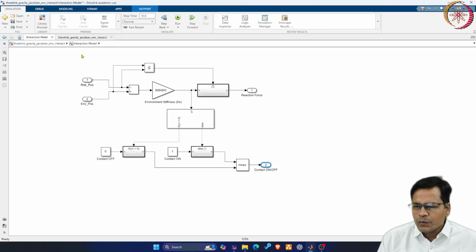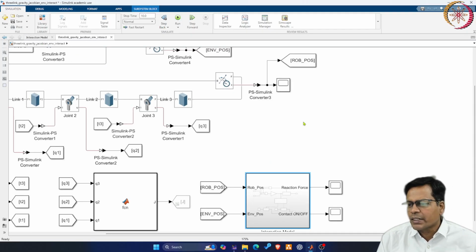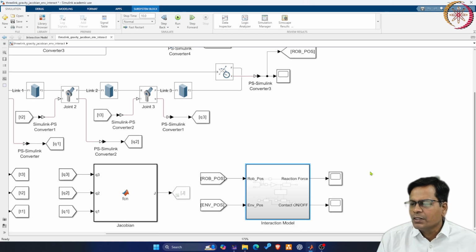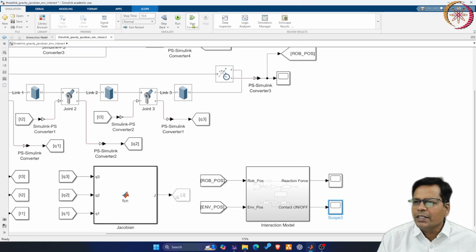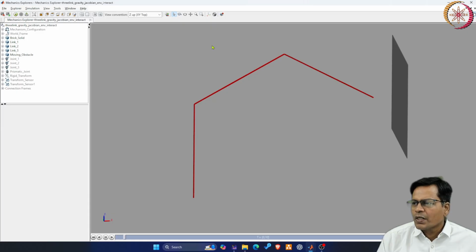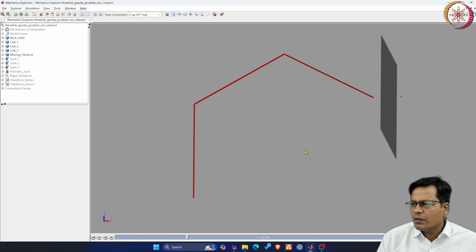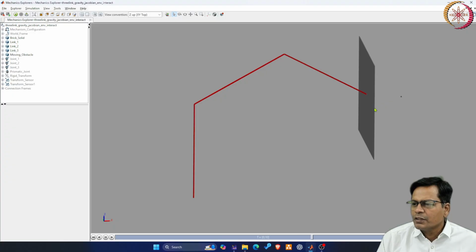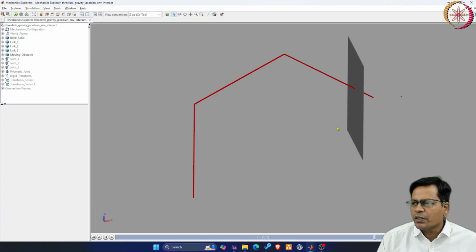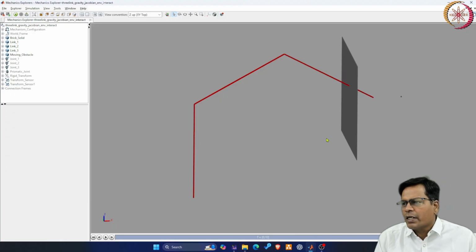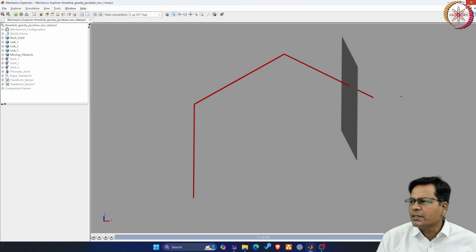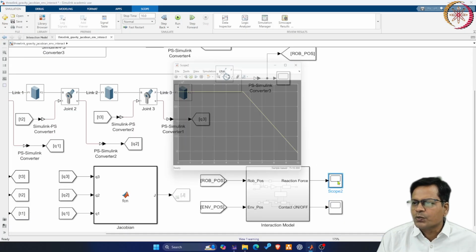Okay, so now let us run this once again. This is my interaction model. It should give me the reaction force as well as the contact on and off status. If I run this, as soon as it establishes contact, it won't deflect the robot still because I haven't applied any force control algorithm here, but it should give me the force.